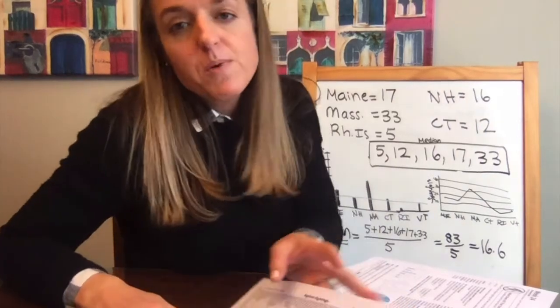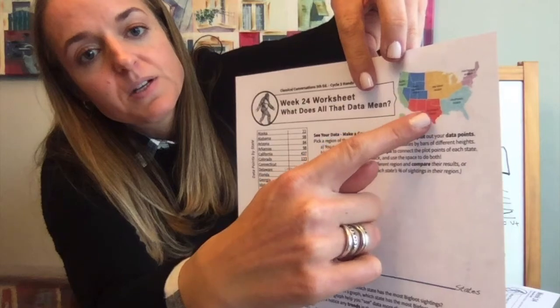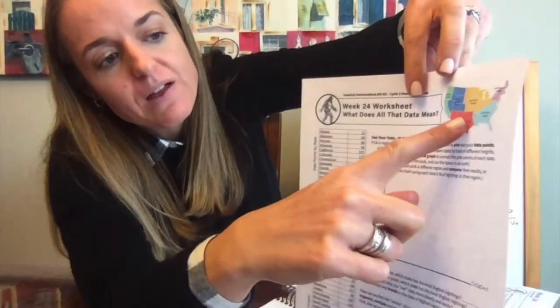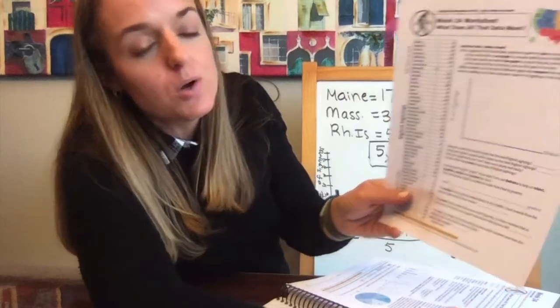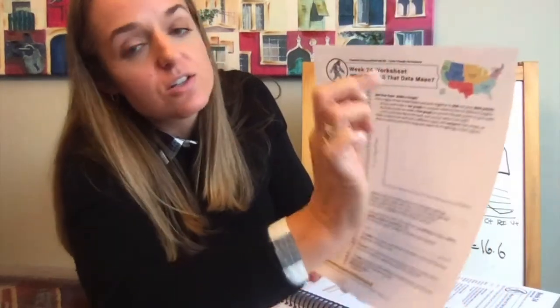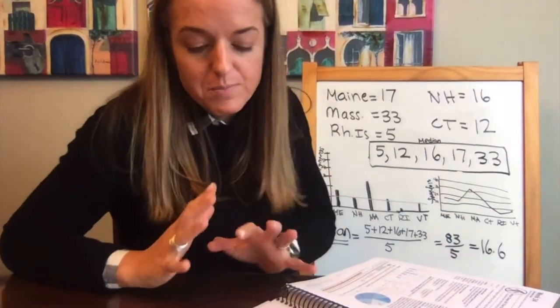So I think that might be what I suggest for the littlest guys, but I think older kids can definitely take the data, choose this worksheet. I love it because it's got the United States split into regions, and they know what states are in each region because they're in CC, and they can pick a region, write down the data from that region, either make a bar graph or plot the graph, and then figure out for themselves what the median, mode, and mean is for their certain region. So they can either do this individually or they could work as a table or in pairs.